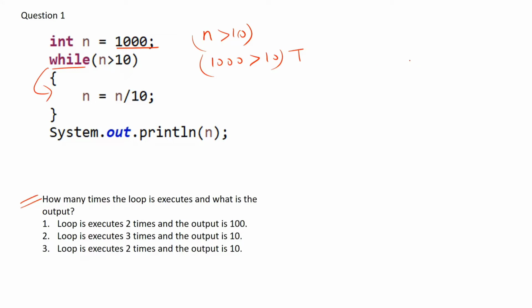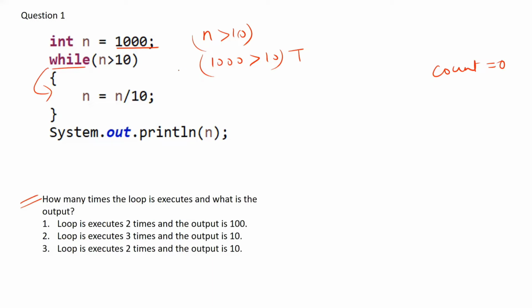So in order to check how many times the loop is executing, what we will be doing is we will be taking a variable count and initialize that particular variable with value 0. So every time we enter the loop, we will increase our count. So with this we will be calculating how many times our loop is executing.